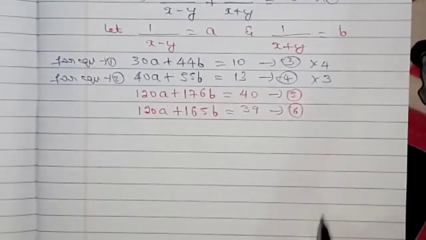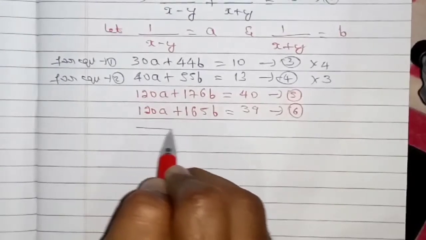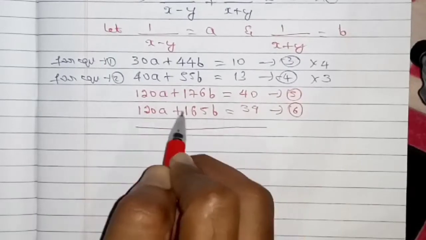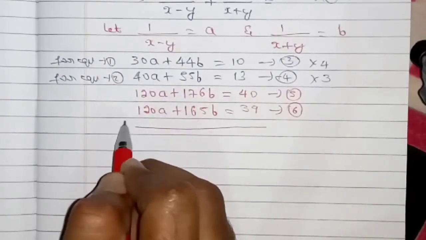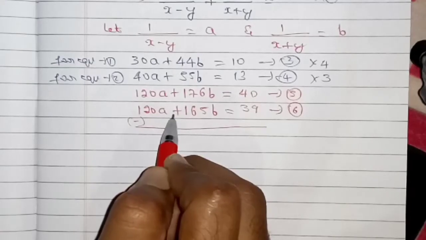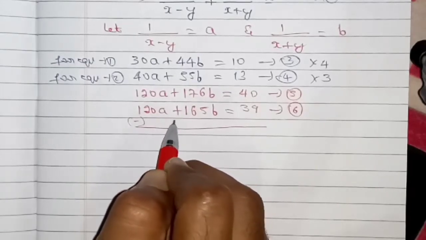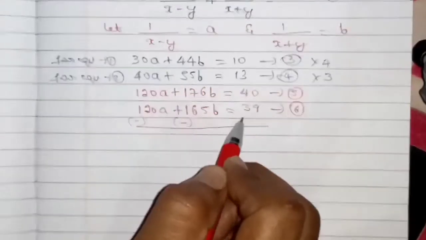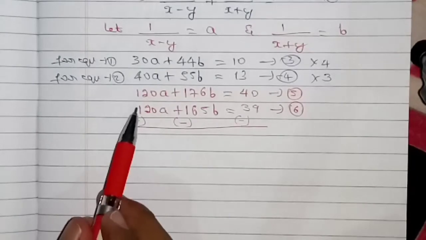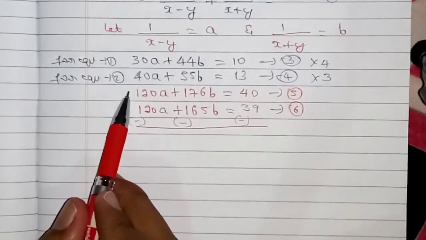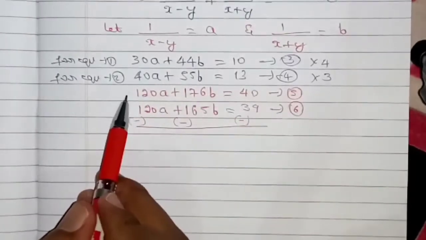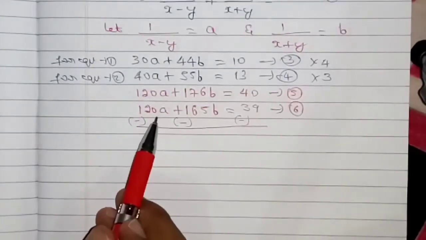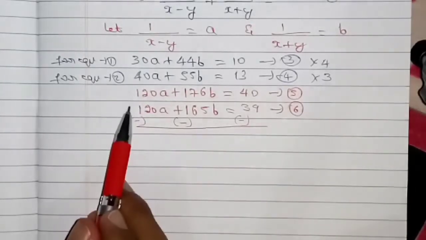Right? Now we are using the elimination method, right? Now change the symbol. Here plus is there, you need to observe the fifth equation and the sixth equation symbols. So here plus is there, change it to minus. You need to change plus as minus, minus as plus. Now here you are having 3 symbols: in the fifth equation, in the sixth equation, and also in the a term you have changed the symbols. So you are having 3 symbols, right? Here also, here also, here also.